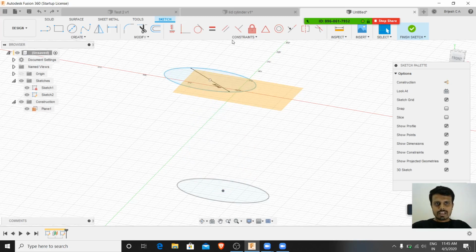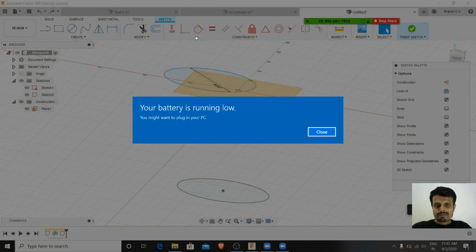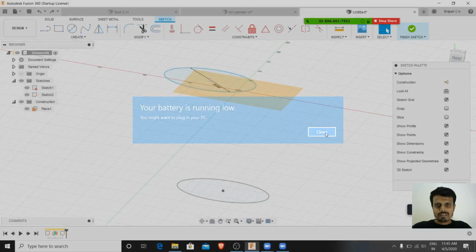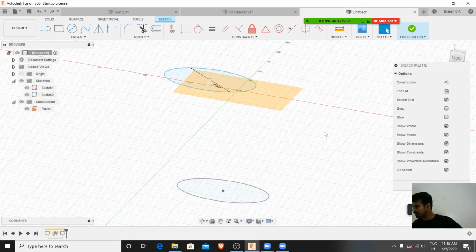Anybody has suggestions how I'll be able to bring this on this plane right in the center? I know it is in the center. I can just move it to the center. Constraints between two sketches won't be possible. Okay, that's interesting. Two sketches won't be possible. I didn't understand the question, so